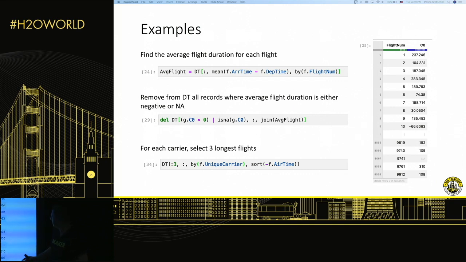And for the last example, it was recently a question on Stack Overflow. Suppose we wanted to select the 3 longest flights for each carrier. How do you do that? Well, you just group by the carrier. We sort by the opposite of the duration of the flight, air time. And then the I expression is 3, which means select the top 3 rows, and that just